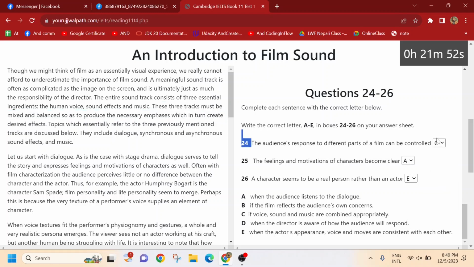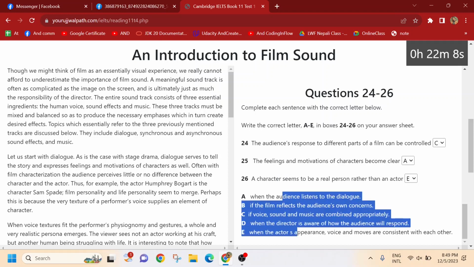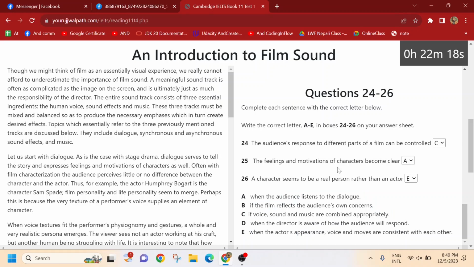We got one question that was much more difficult, and two of them were more direct. So you find this information, and once you find the information, compare it with the options and you can choose them. So this is how you'll be doing this kind of test. So keep practicing with these kinds of questions.